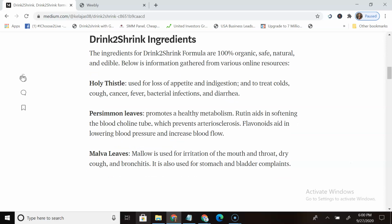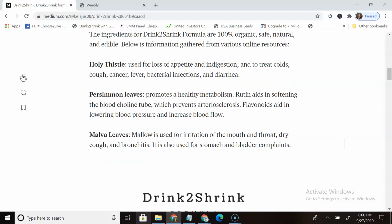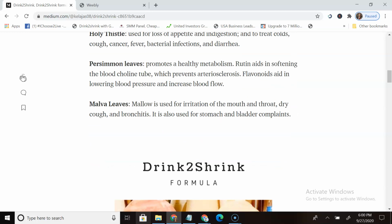So let's just go over the ingredients. The ingredients are 100% organic, safe, natural, and edible. I put together a list of all the ingredients that are inside the Drink2Shrink formula. So the holly thistle is used for loss of appetite and indigestion and to treat colds, cough, cancer, fever, bacteria infections, and diarrhea. The persimmon leaves promote a healthy metabolism, rooting aids and softening the blood choline tube, which prevents